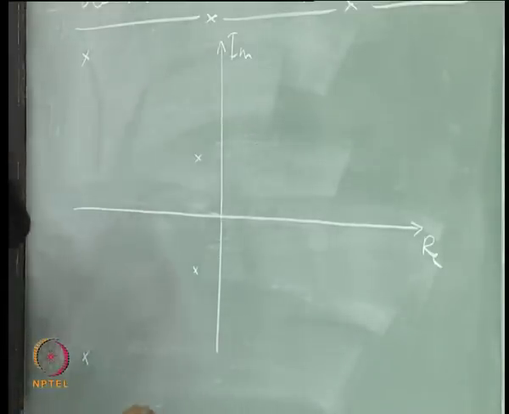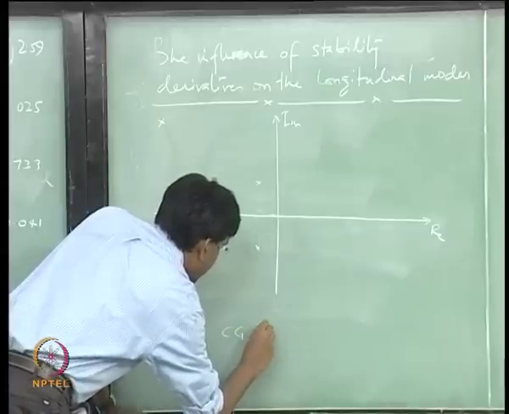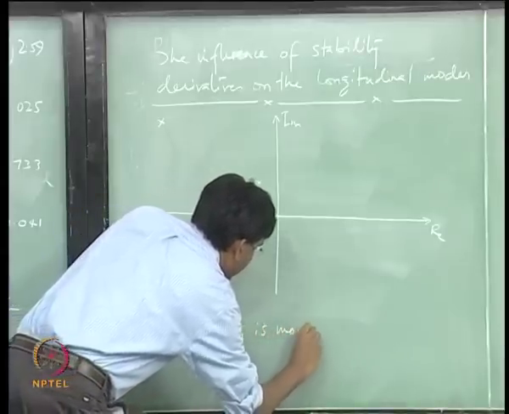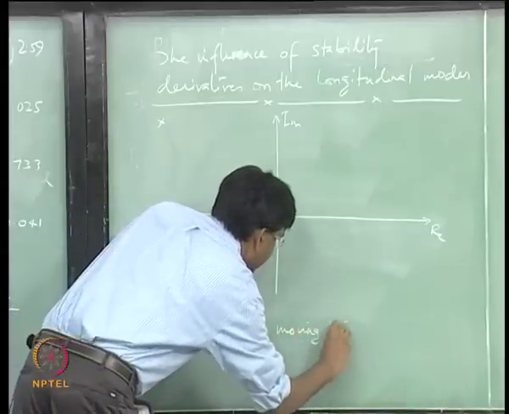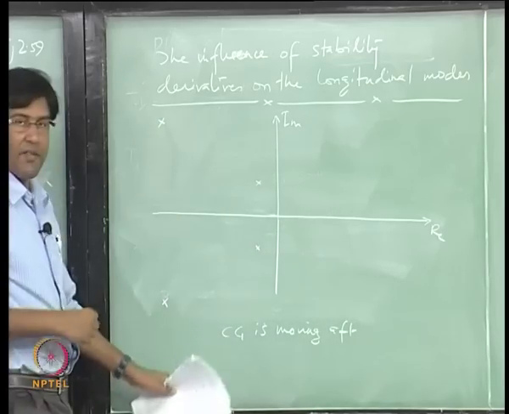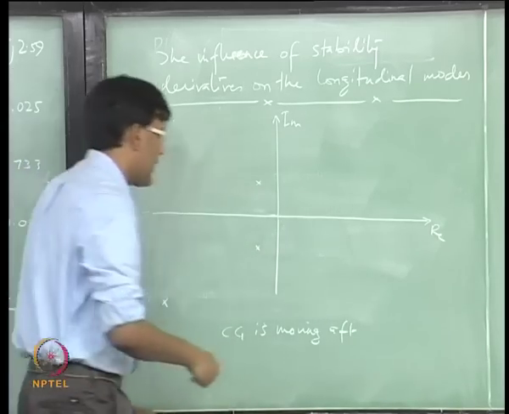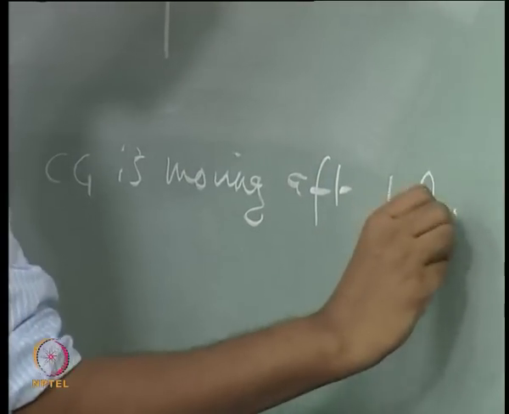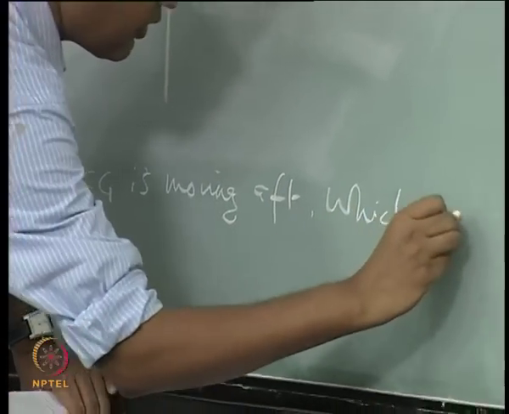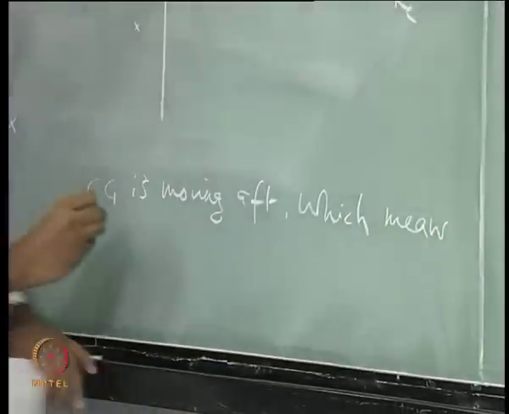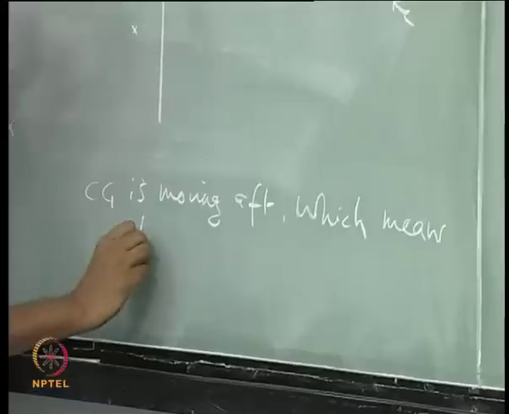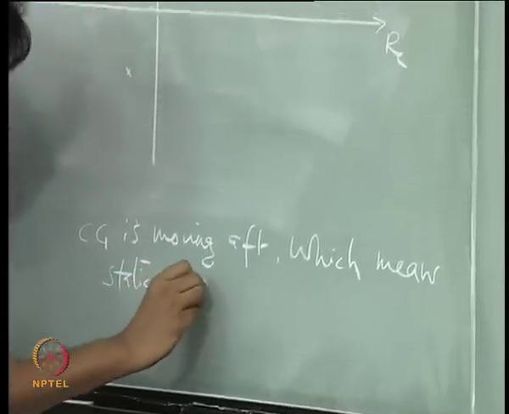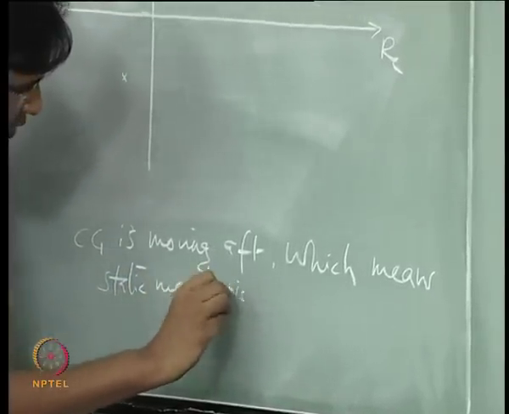So, CG is moving aft, in this particular case, which means static margin is